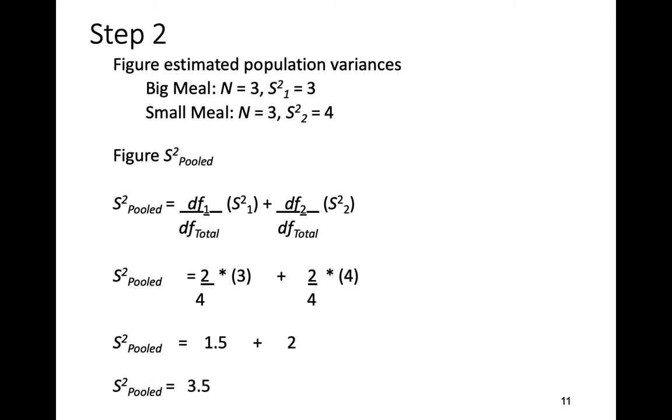So what you can see in this case, because when sample size is the same, taking a weighted average, you'll get the exact same number as if you would just take a simple average. Okay, so when sample size is the same, it can be a time-saving kind of step to just take the simple average of 3 and 4. Okay, that only works when sample size is exactly the same. When sample size is exactly the same, this weighting procedure is essentially redundant. You kind of don't need to do it because what you can see is that